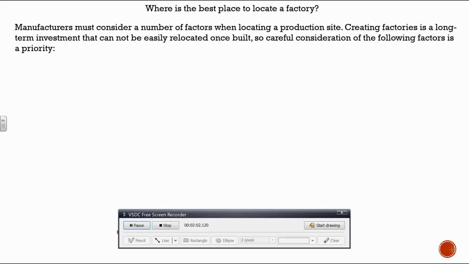All right, so go ahead and take some notes on this following part. This slide says that manufacturers must consider a number of factors when locating a production site. Creating factories is a long-term investment that cannot be easily relocated once built. So careful consideration of the following factors is a priority. And we're going to consider 5 of these factors. The first is